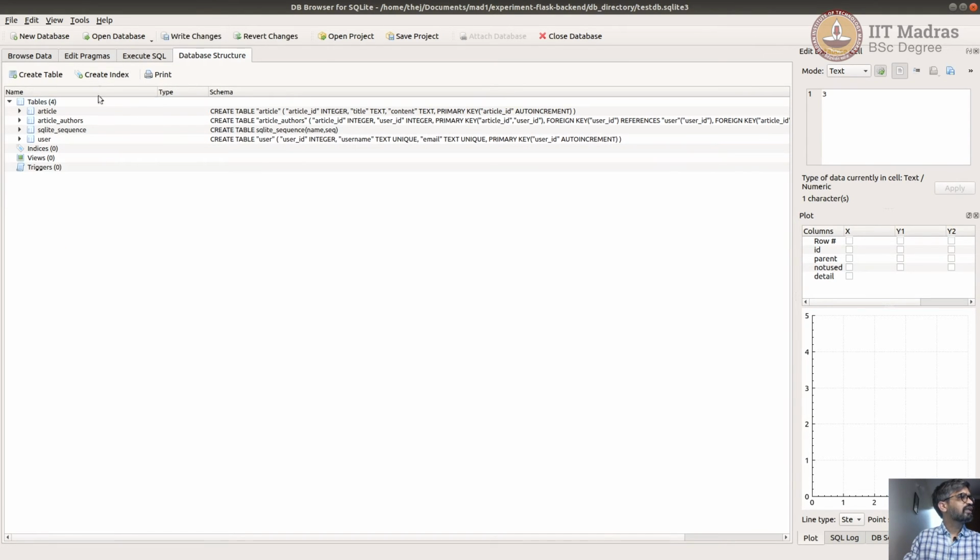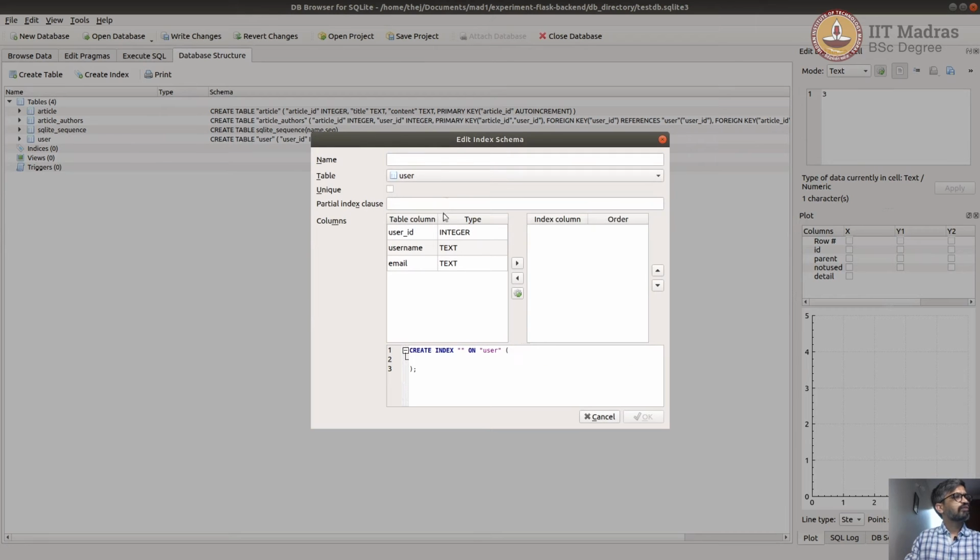So you can go to create index, select the table that you want to create the index on. You can give it any unique name, but I generally prefer starting with IDX, then the table name, and then the column names that are used in the index. So we are using username and email. So this is going to be our index name. I'm going to mark it as unique because together username and email in our case is going to be unique, right? So we can move that to the right side,